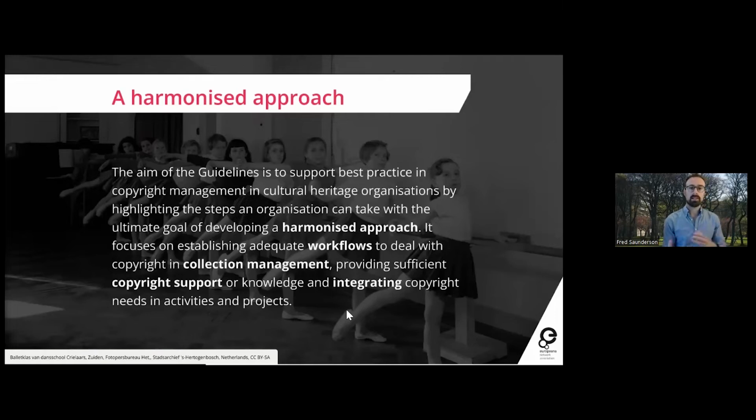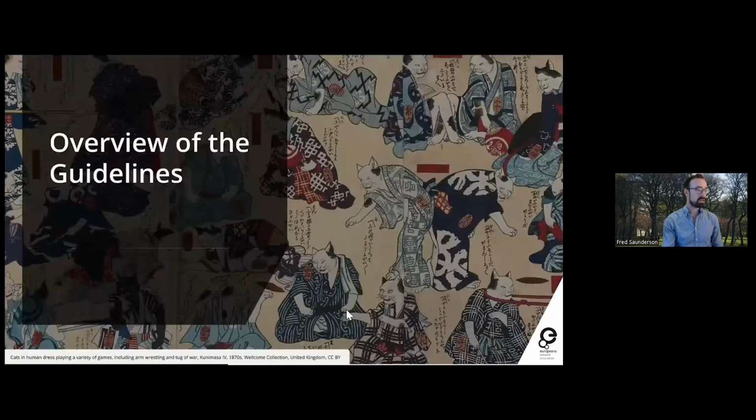There's a need to help bridge that gap and bring your organizations up to a harmonized, overall encompassing approach to managing copyright. So that's the rationale for the guidelines.